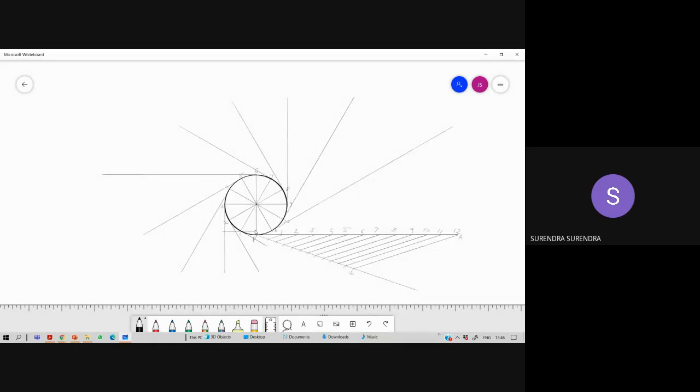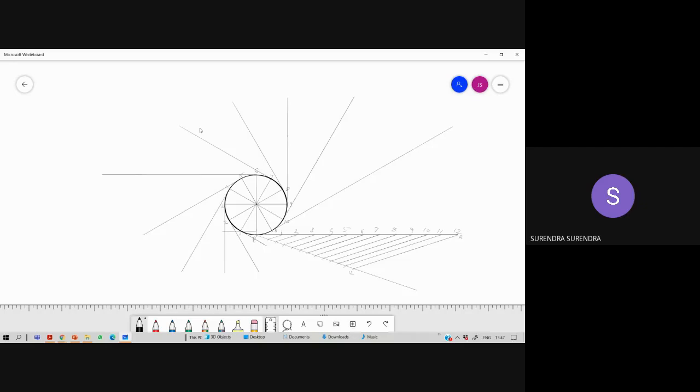So observe this. All these tangents must be in the same direction. They should not intersect each other. So all these must be perpendicular to the radial lines. See here, this is in an opening order. All these are in the same order, just like in an opening order. So if you draw the tangent at 3 vertically upward, it intersects with the tangents at 4 and 5. So the tangents should not intersect each other.